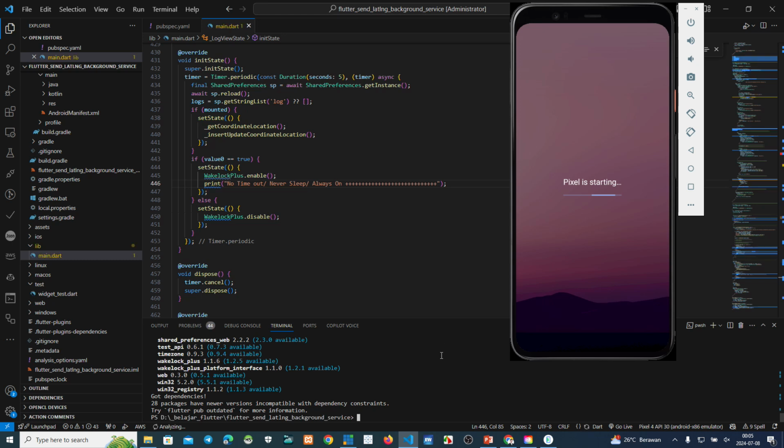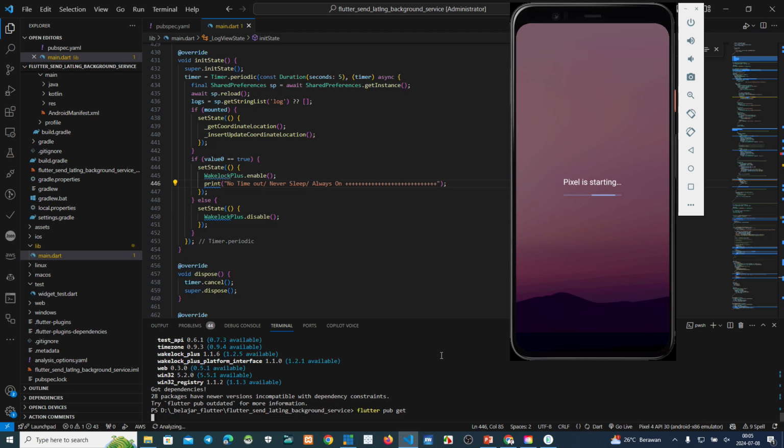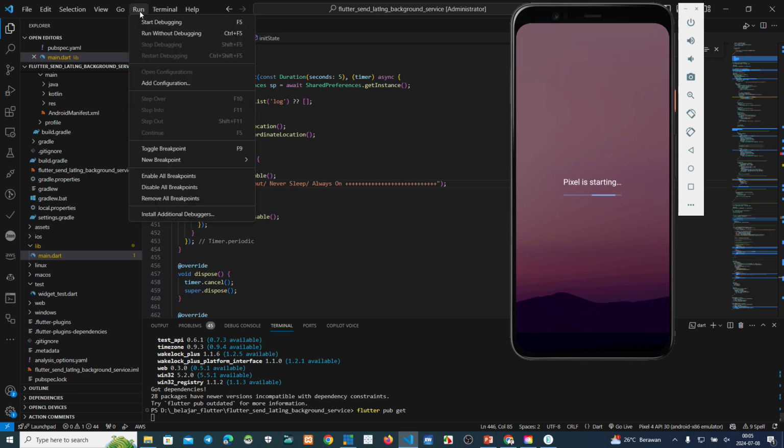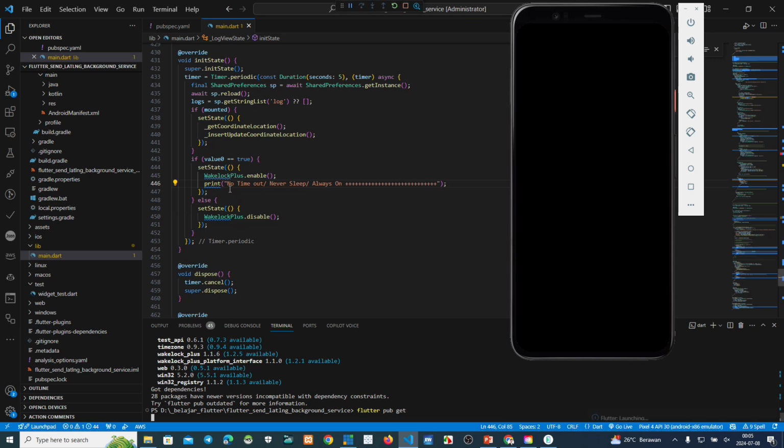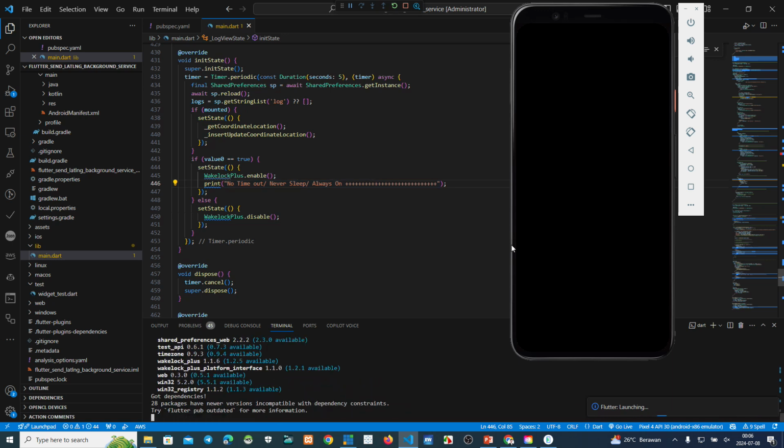Okay, finish this one. After that, we try to run this script. We can see the result. If in the debug console we see this information, no timeout or never sleep or always on, it means our wake lock plus is running.